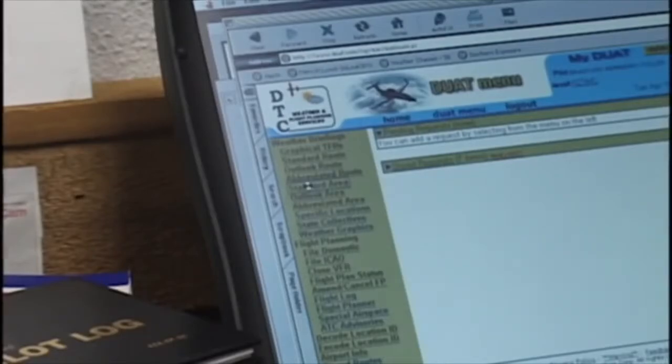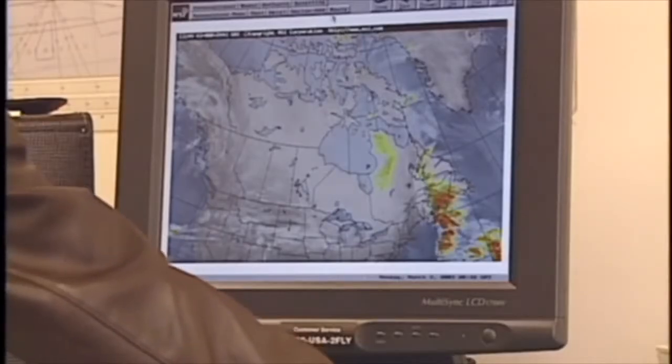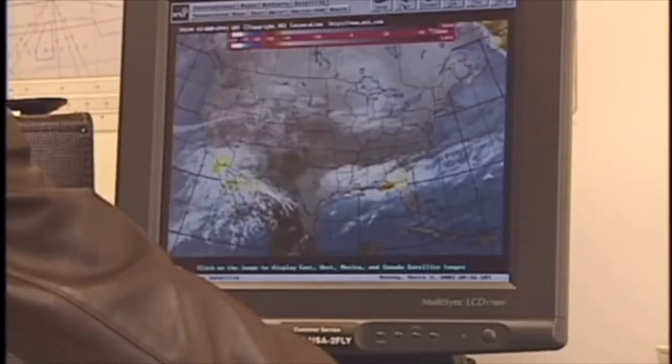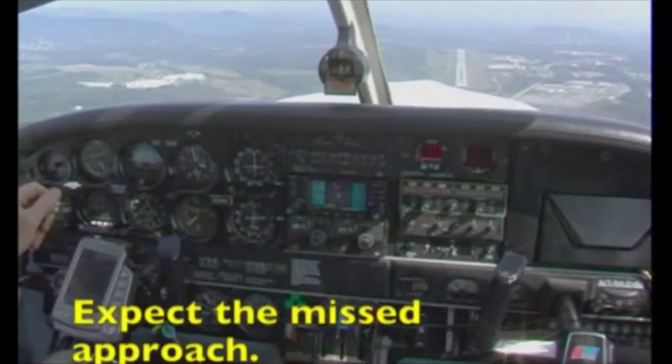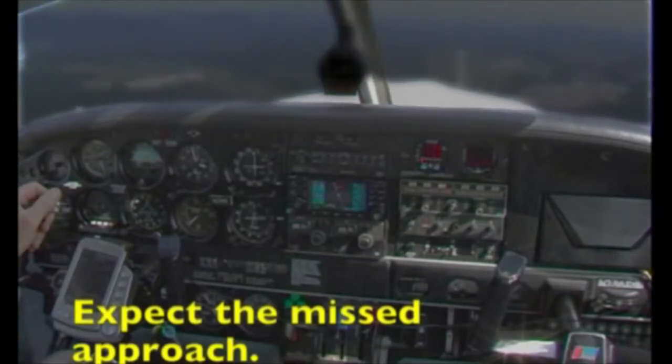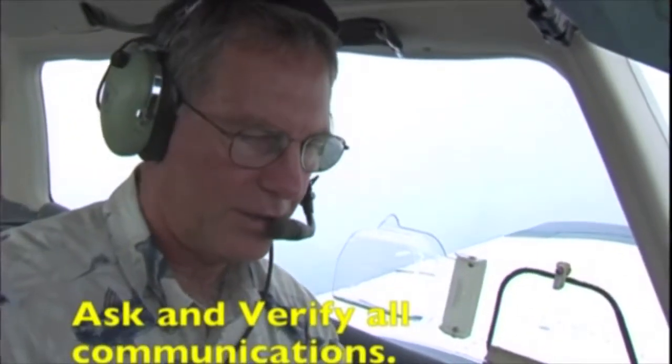Ensure you have complete weather data for every leg of the flight because many GA aircraft have limited range or speed to fly out of unexpected weather conditions. Beyond temperature considerations, it is important to evaluate weather conditions in context with the terrain and then be prepared for weather to change. Consider the external elements and how they might affect the success of the flight. Expect the missed approach, especially when conditions fall close to minimums, and make sure you have thoroughly briefed the missed approach procedure.